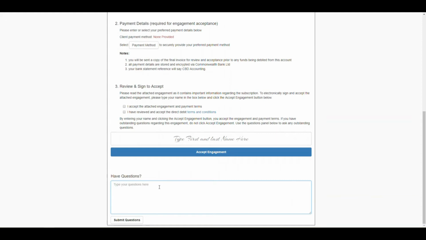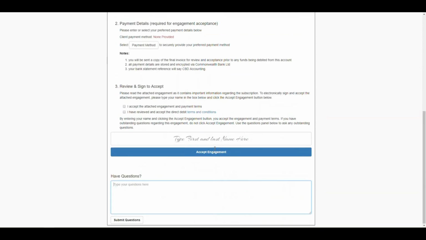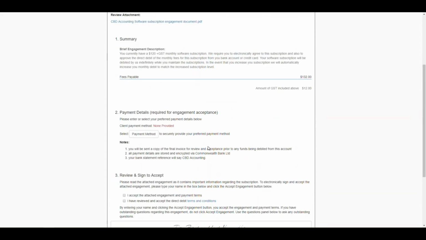That will then come up on your engagement dashboard, whereby that little letter icon that we previously looked at will turn from black to red, meaning that one of your clients has sent you a message. You can then click on that icon and reply to that message, thereby saving time, and you don't have to call each other constantly. In this instance, the client is happy, and so they wish to now proceed with this